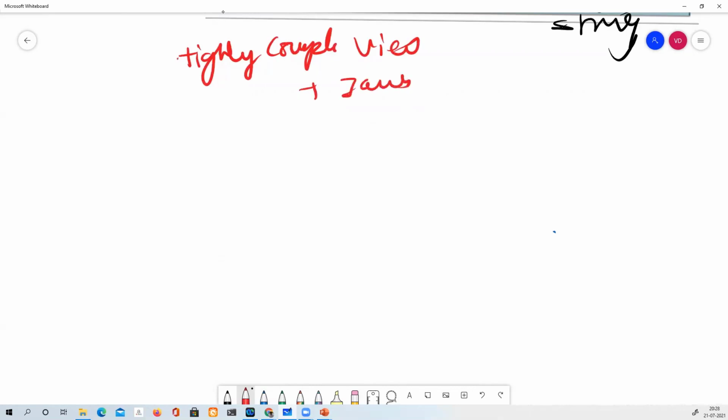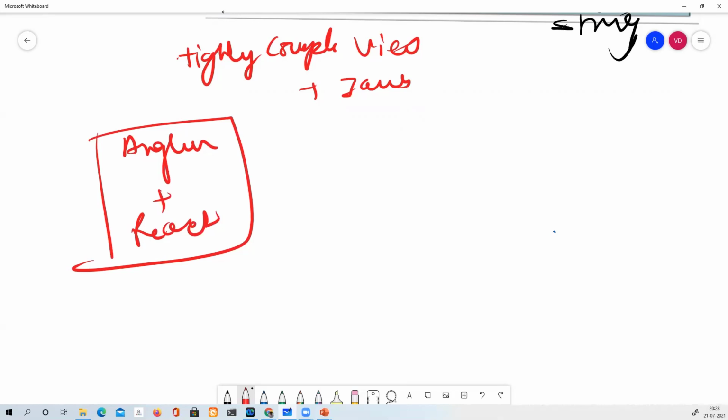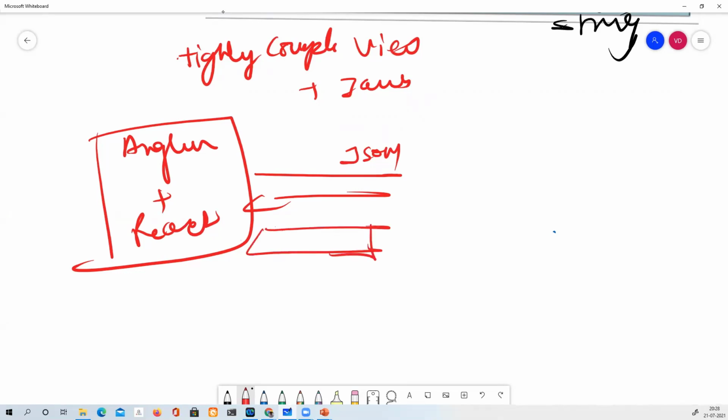Now there are various frameworks like Angular or React that came into the picture, which are basically front-end UI. And they are saying: just expose your endpoint in the format of JSON, I'll take care of it. So now development has shifted, meaning these are two separate concerns. The things have changed.